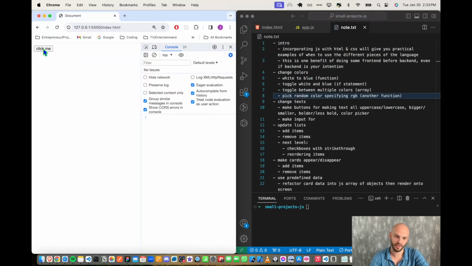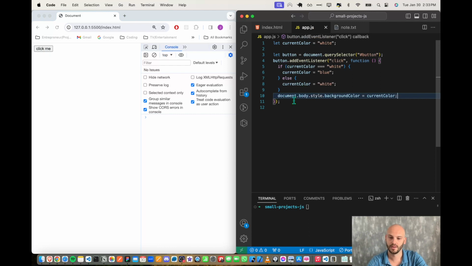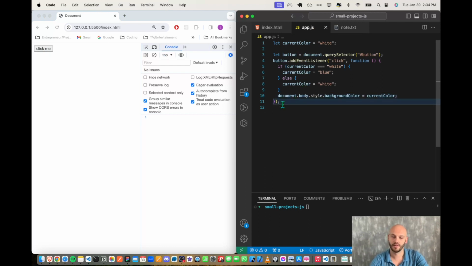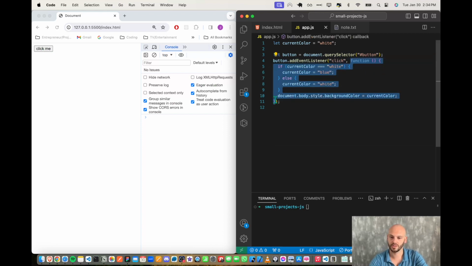What happens if now we want to, every time we click this button, shuffle between more than two colors? We just have white and blue so far. What if we want to shuffle between every color of the rainbow, right? So how do we do that? Well, every time we click this button, something new has to happen, right? I'm going to extract this function out